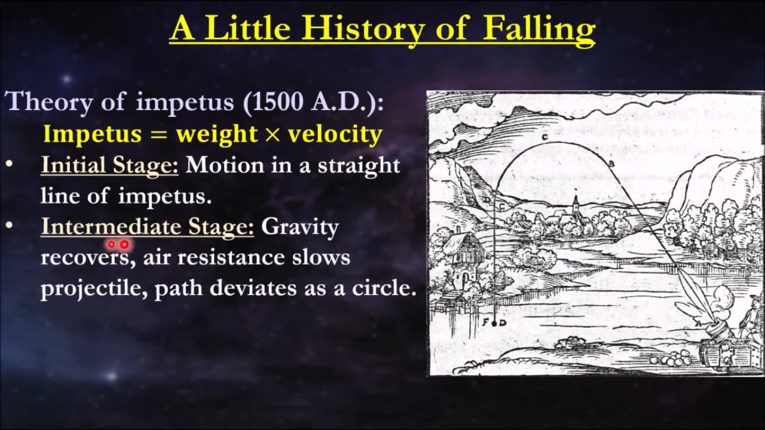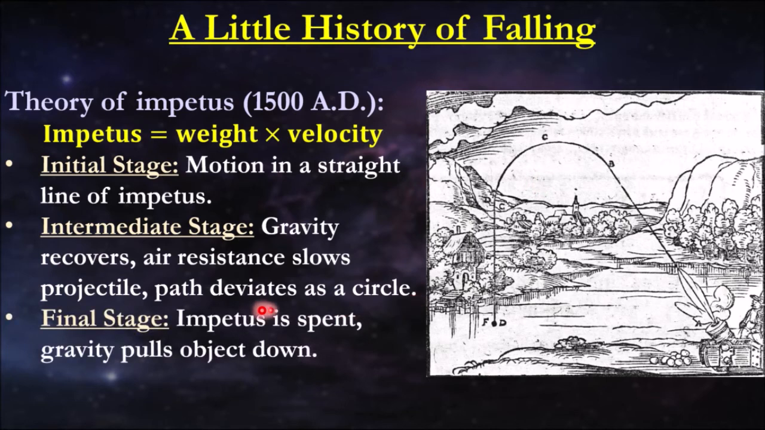During the intermediate stage, gravity recovers and air resistance slows the projectile, and then the path begins to deviate into a curve like so. And then the final stage, the impetus is spent. You can sort of think of impetus as maybe energy in a way. Not exactly how they saw it back in the day, but that's sort of how you can quantify what they were thinking. And once the impetus was spent, it just fell directly down. So those were all the different ways we thought of how you could launch an object and how things fell